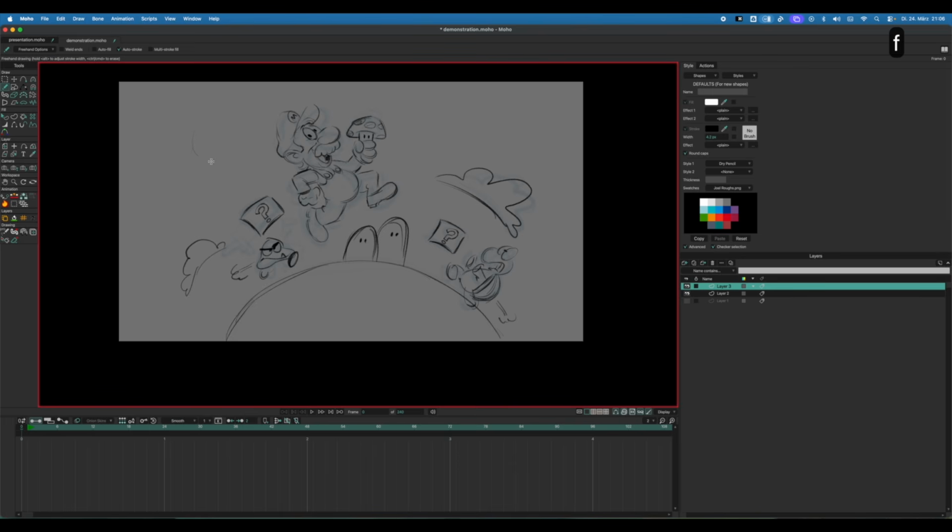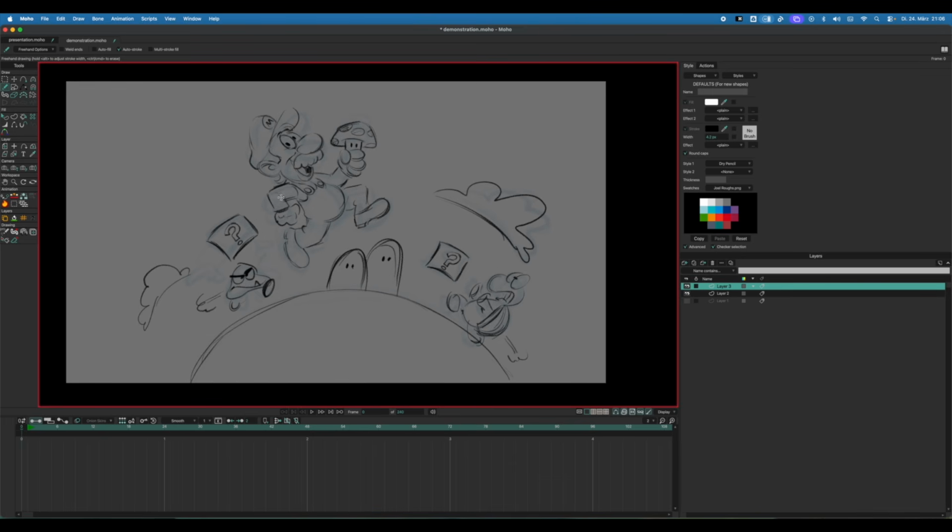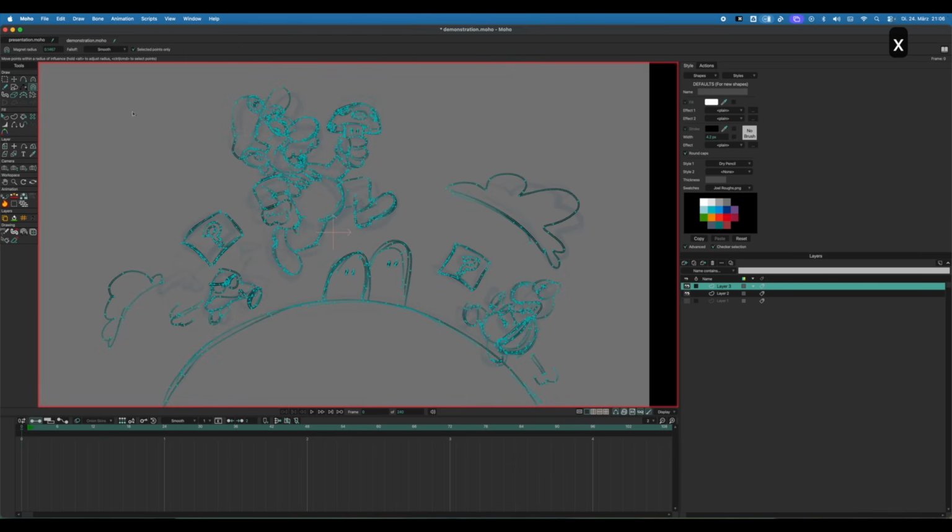So really all I used was the stuff you already know: the freehand tool, the transform points tool, and of course our good old friend, the magnet tool, which I can get by pressing X and by holding down option or alt. That's probably alt. I can, by clicking and dragging, enlarge or shrink the selection area. And what I usually do is I set it on selected points only, because that means if I now, for example, just want to play around with his head,